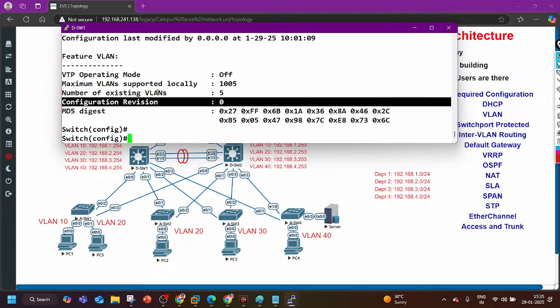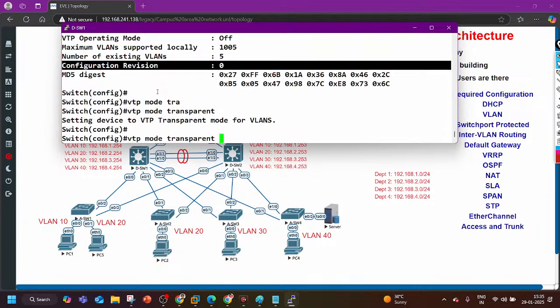Now this switch will not participate in the VTP domain, right? If I am going to say VTP mode transparent,